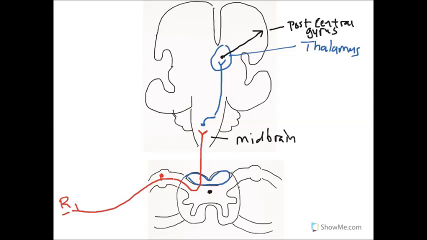So we could see our first order, our second order, and our third order neurons, where they are, what's going on with them. We could see that the crossing over occurs in the midbrain,